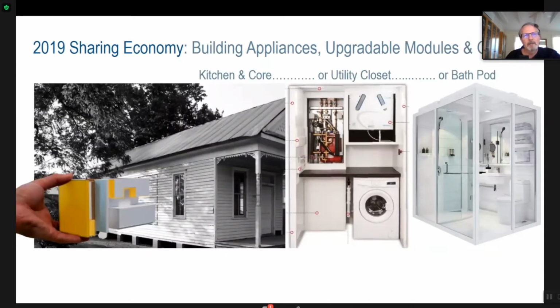So let's translate from appliances to thinking of buildings as a series of appliances, that certain components in a building can be assembled together and provided as a product that can be upgraded over time, unplugged and plugged back in. It can have a remote operating system upgrade. It can have a lot of upgrades over time. I think of this a little bit like computers from the late 80s and early 90s, where you bought a basic unit, but then you maybe increased RAM, you got a better graphics card, you decided you wanted a more ergonomic keyboard and mouse, but you had the same base unit, but you began to upgrade components over time.